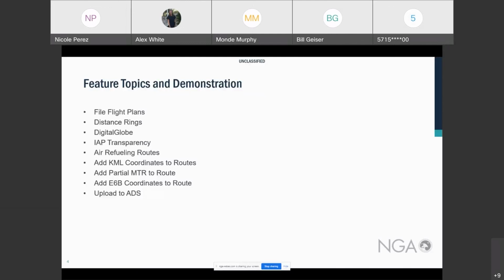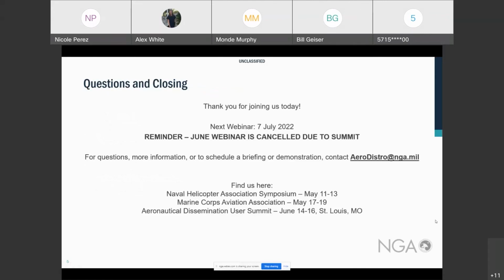Sure. All right, so we can open it up to questions for the demonstration. Does anybody have a question that they want to ask Hilton or Nicole or myself? We're also happy to answer any questions that may not be related to the demonstration today, things in general about Aero App or the Aero Data Server or Aero User Database, anything that you may have questions about, we're happy to answer. All right, no questions heard. So today, I guess, is going to be a short day for us.